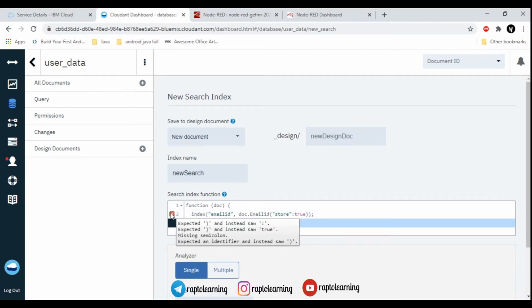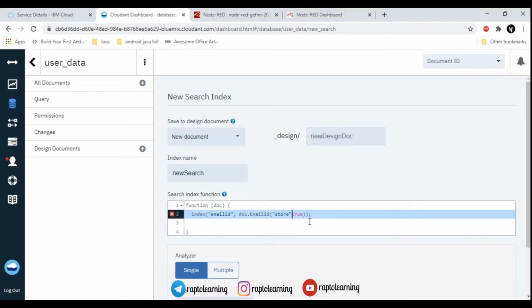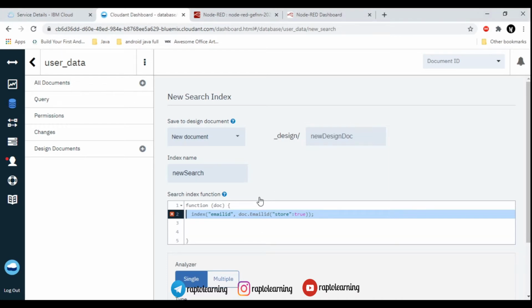Make sure that this is the mistake I am going to display to you. Don't write this code; write it later in this program when I say it is the correct code. This will give you an error, because you have to mention the dot operator here. If you type a semicolon or anything like that, it will give you an error. This is basically how the email id will be checked in your cloud database. So please make sure that you write this correctly, and then the dot operator, because I failed 2 or 3 times and spent more than 2 hours on this simple error.